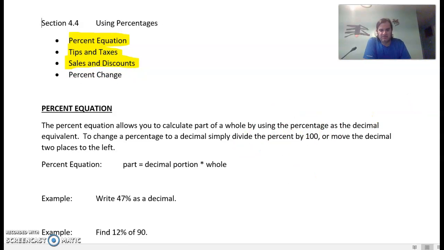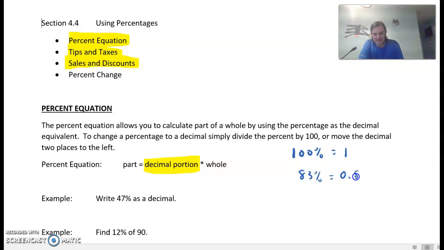Okay. So the percent equation is a manipulation of the is over of equals percent over 100. So it allows us to kind of avoid that whole 100 and get the part or the whole by itself, but mostly we'll be finding the part. Anyway, it uses the decimal version of the percent. So keeping in mind, 100% is equal to 1 if we move the decimal 2 places, or divide by 100, or 83%